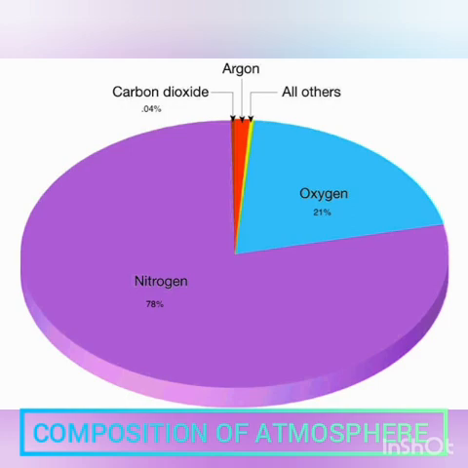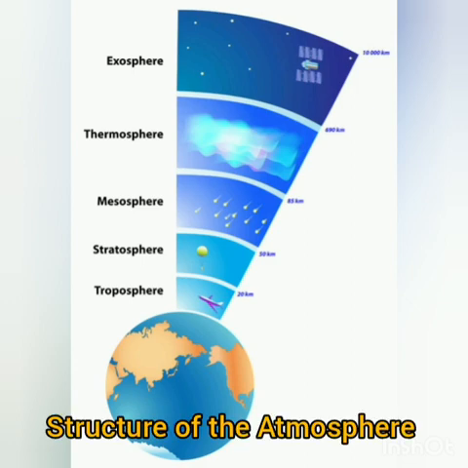hydrogen, helium, etc. Then there are water vapor, dust particles, and smoke. They are also present in the atmosphere. So all these elements come under the composition or the formation of the atmosphere. Structure of the atmosphere. The atmosphere can be divided into five layers: troposphere, stratosphere, mesosphere, thermosphere, and then above